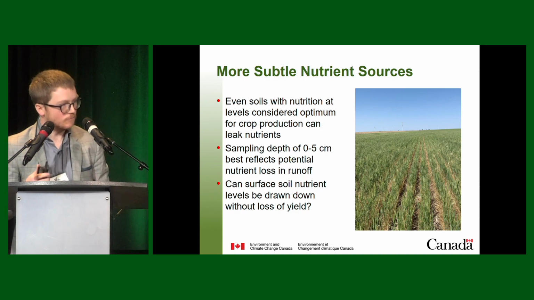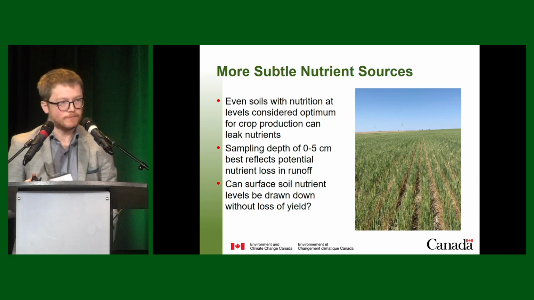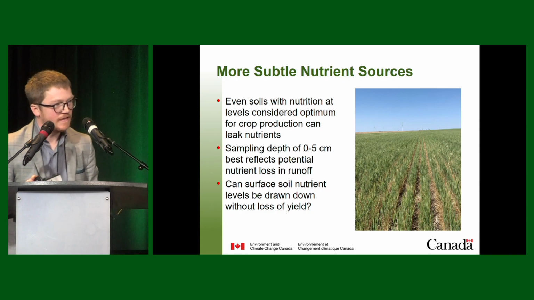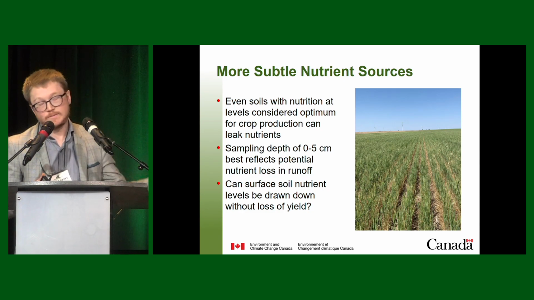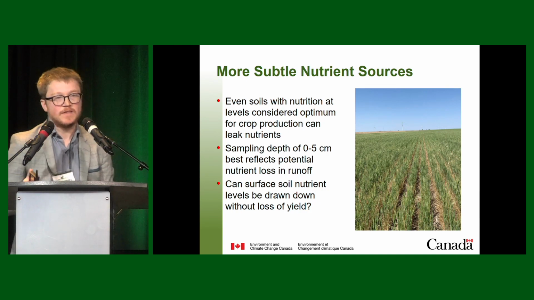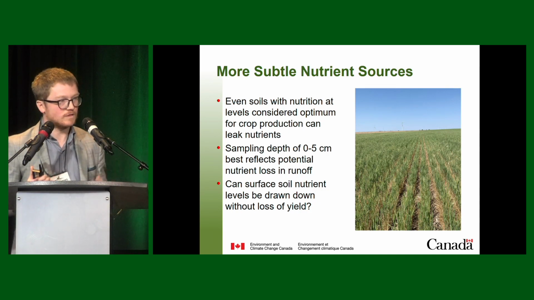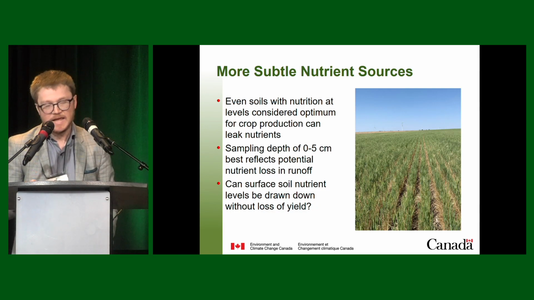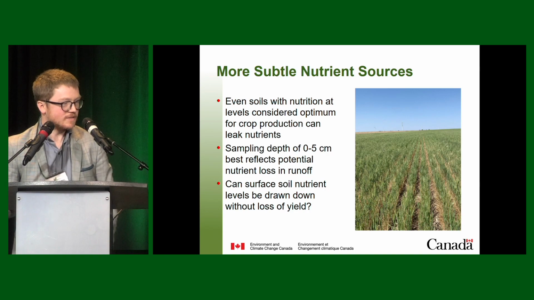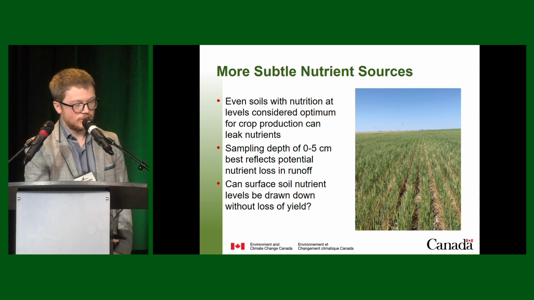And we've seen some research in recent years, an example from the work of Jian Liu and colleagues, that have shown with soils with optimal or perhaps excessive phosphorus levels, the ability to draw down those nutrient loads over time through reduced fertilizer application rates and not causing a statistically significant reduction in crop yield.